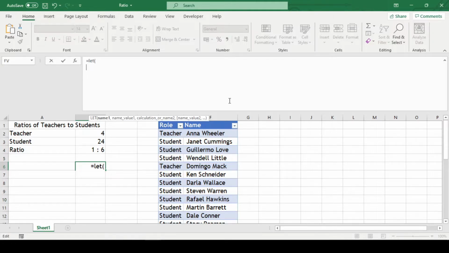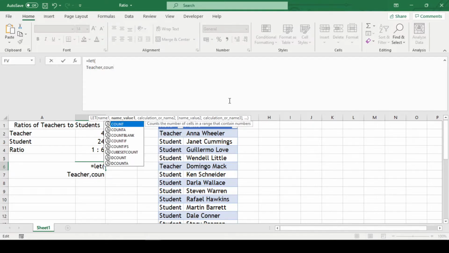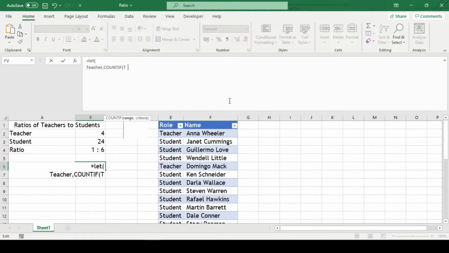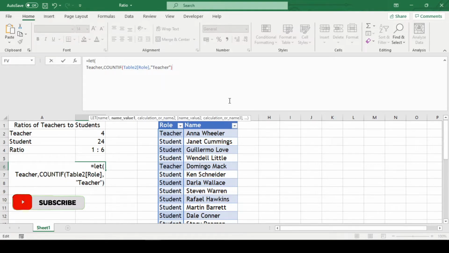Here, we'll have to define a name which will store our following formula. So let's define the name as teacher, comma, and our formula will be COUNTIF, open parenthesis, Table2 role, comma, open double quotes, teacher, close double quotes, and close parenthesis, comma. So this has stored our COUNTIF formula in the teacher name.